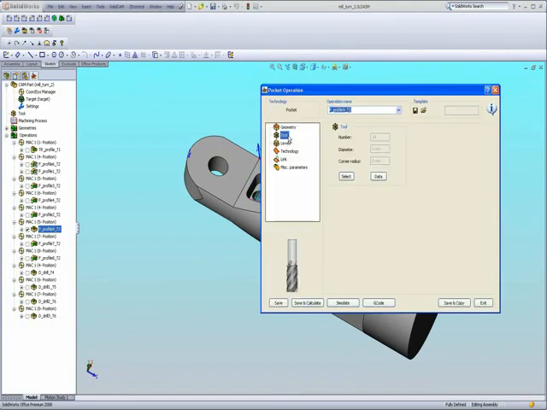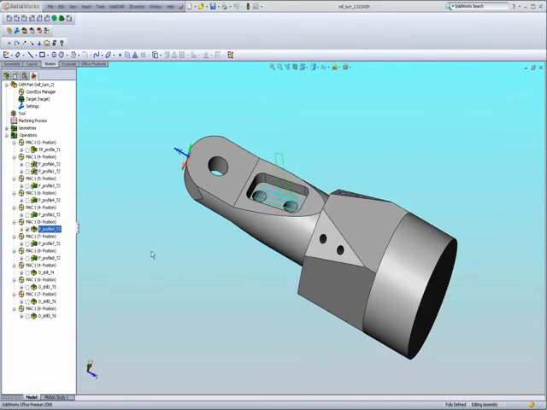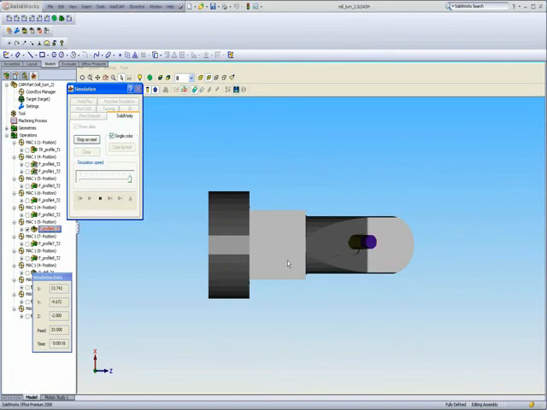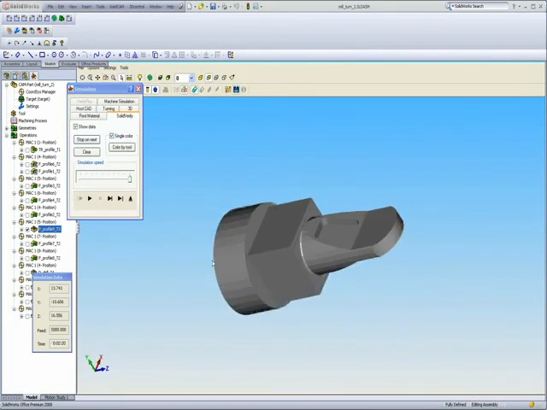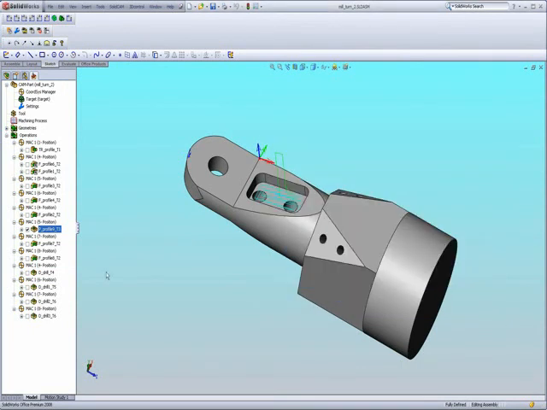Obviously the proper tools, the proper levels, whichever technology I would like to use. And again, when I do my simulation, you'll see that the tool simply goes in and machines out that entire area over there. And the same thing on the other side,